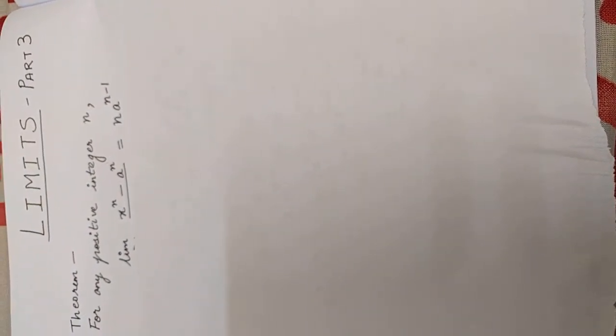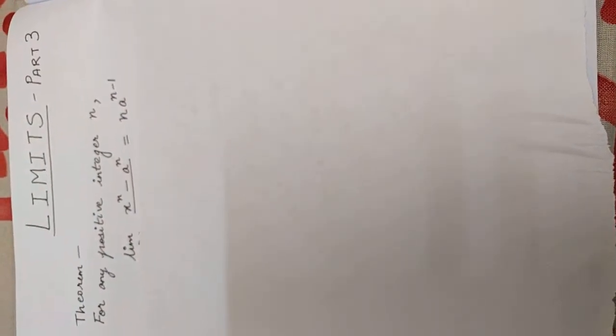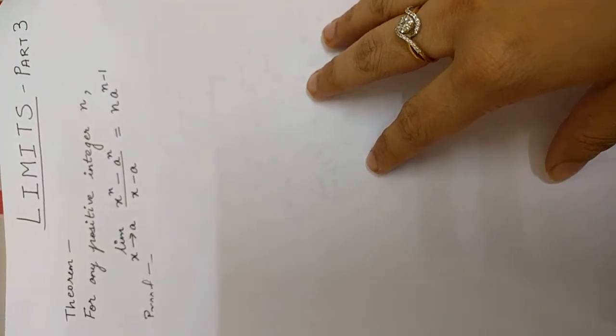Case 1 was simple, in which the denominator was not 0. Then in case 2 we had studied where the denominator was 0, and in case 3 we had done questions on 0 by 0 form. So in part 3 we are going to study this theorem on limits, which is